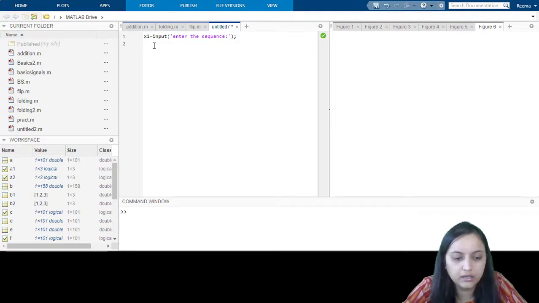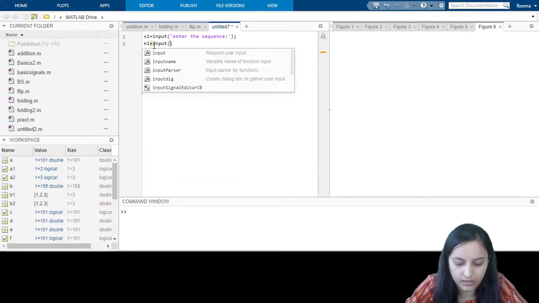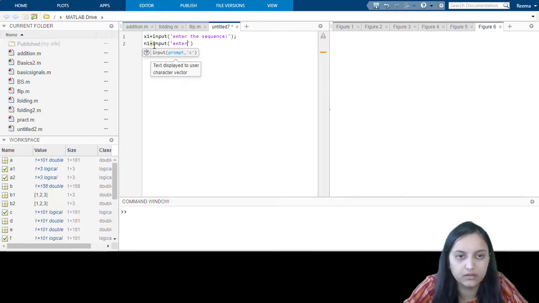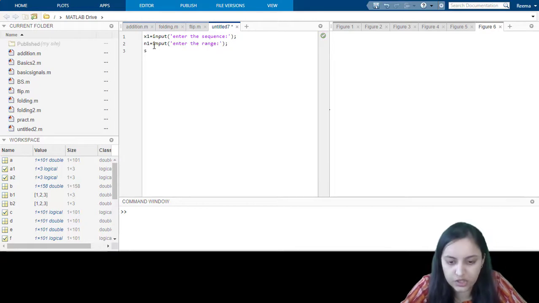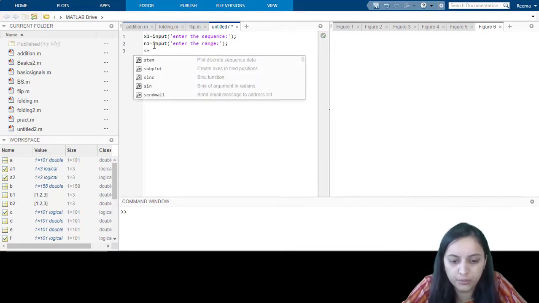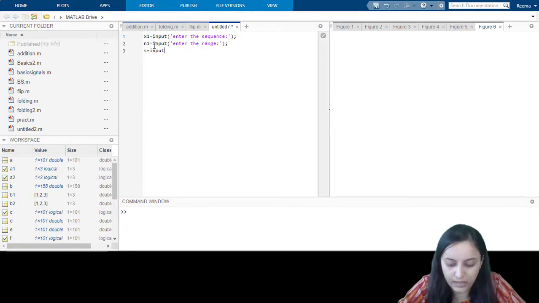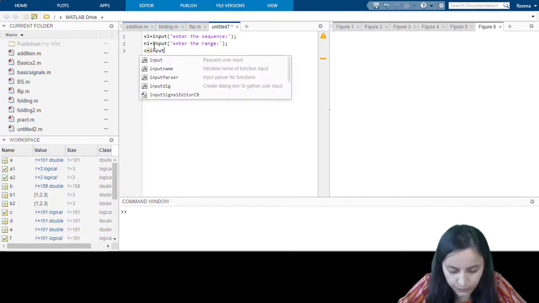Next, we need to enter the range. So n1 equals input, with the message: enter the range. Next, we need to make it shift. So s equals input, that will indicate how many shifts are to be used.